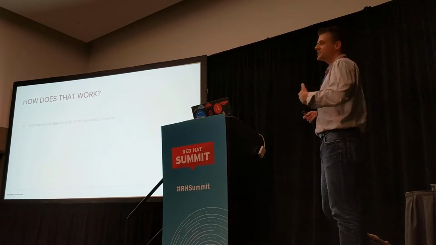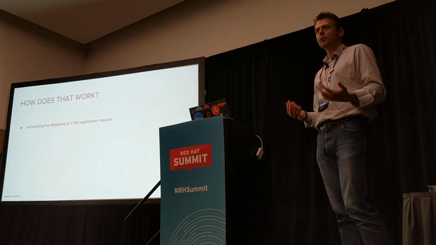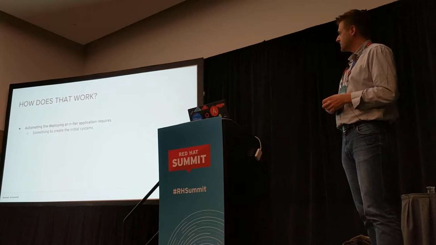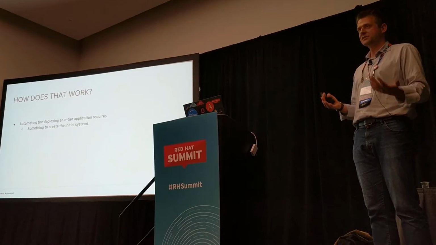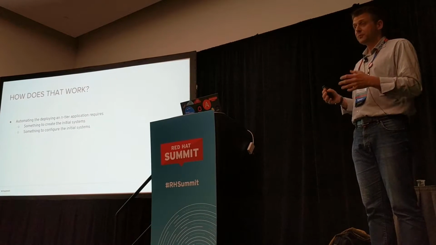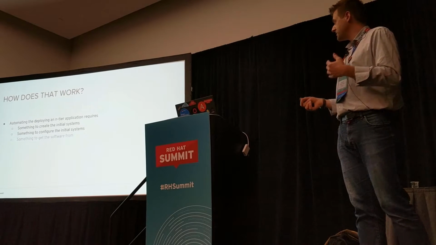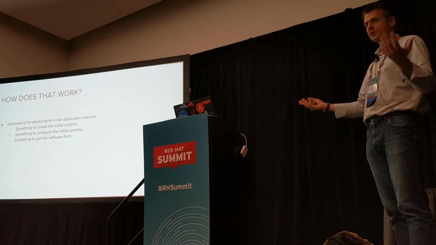So how does this work? How can I build automation that does the whole deployment from nothing to a running application completely? So the first thing, I need something to create my servers. I need to create virtual machines somehow. Then I need something to configure the operating system in my new servers. And basically I need something to get the new and old patches and errata and software from to install